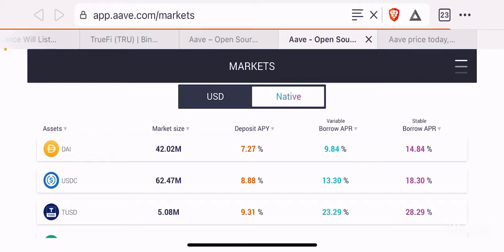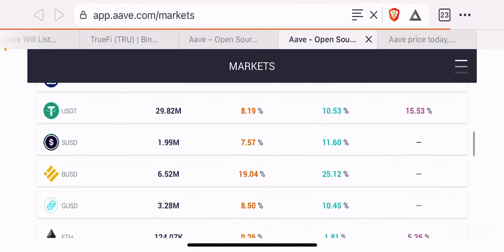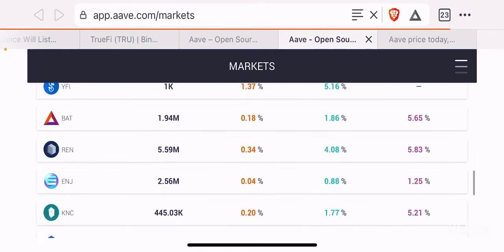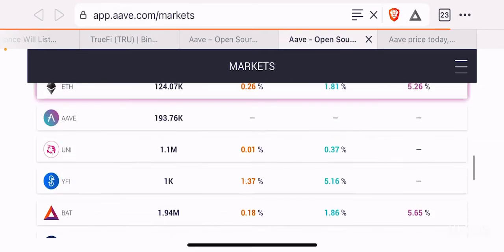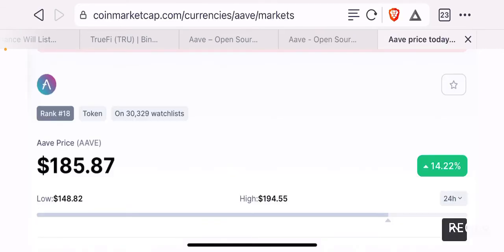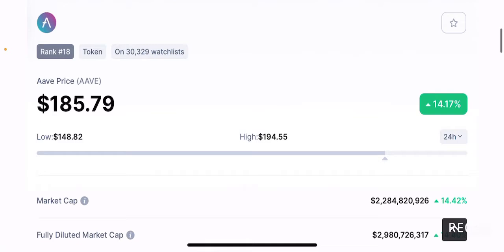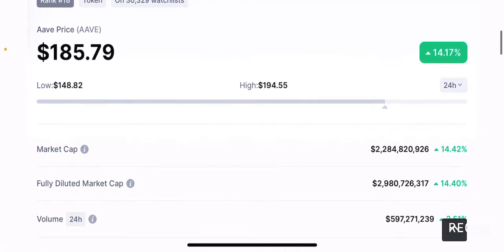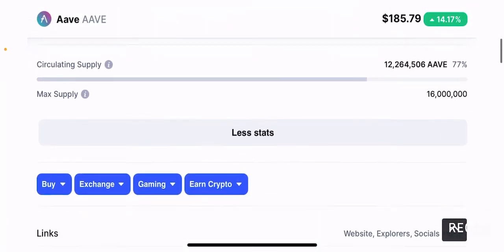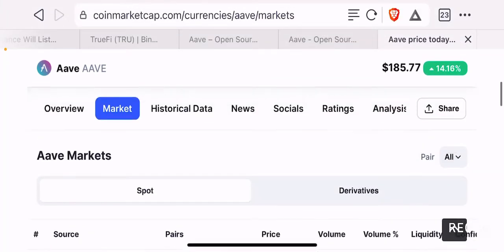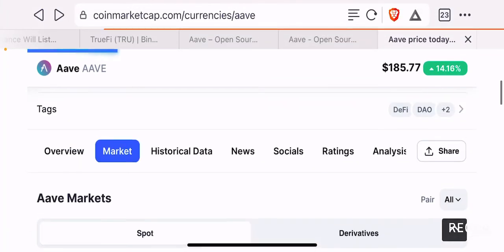You can get a variable APR and a stable APR. I believe you can also get flash loans from AAVE, which are pretty cool features that AAVE has brought to the table. So will I invest in AAVE? Yes, I would. AAVE is a behemoth of a DeFi player, which I believe has